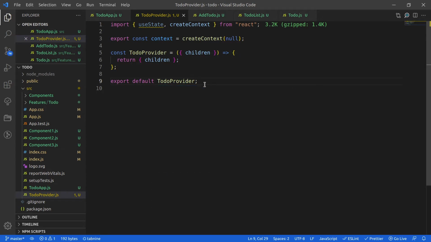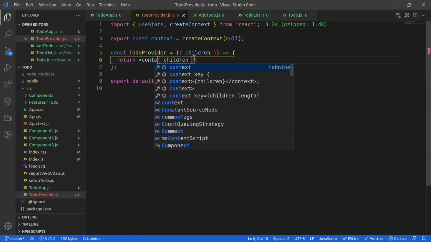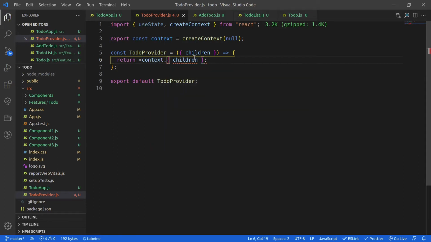Okay guys, so you can see that I have just created my context and I am just creating a to-do provider component. And now in order to use this component, I am going to use context.provider with my children. Alright guys, so this is the same logic, the same code.